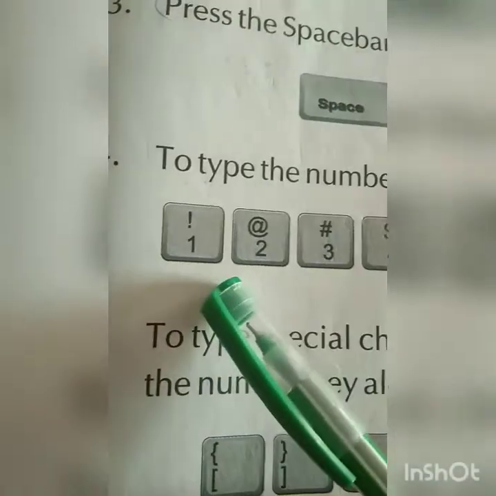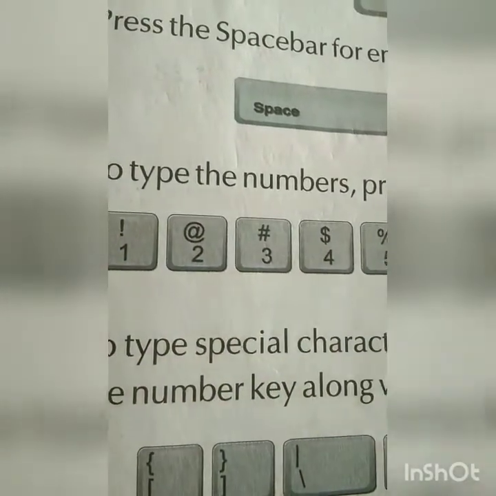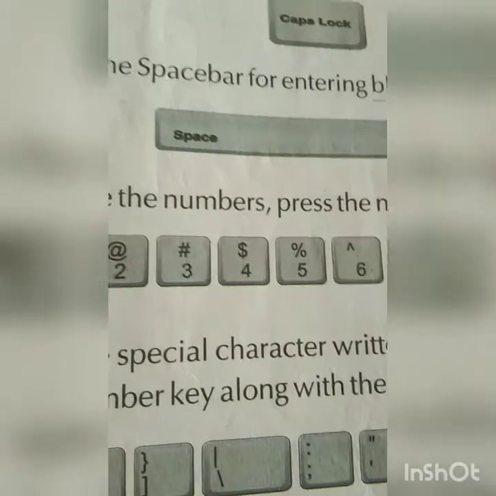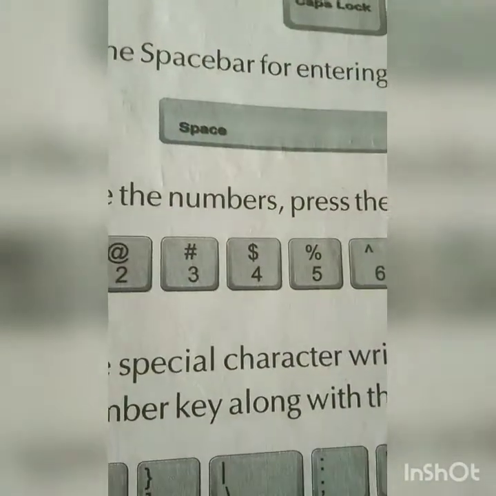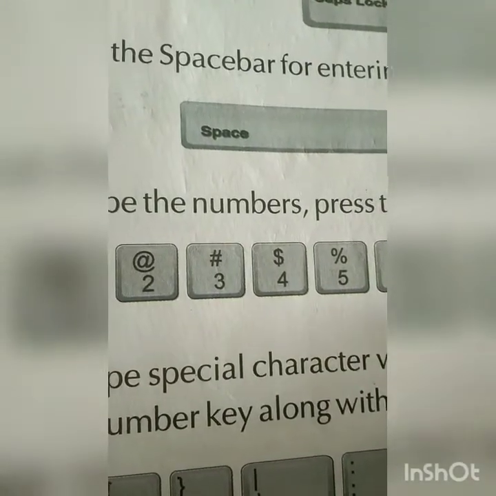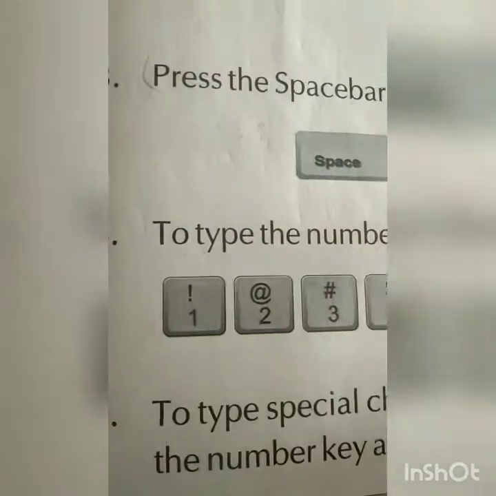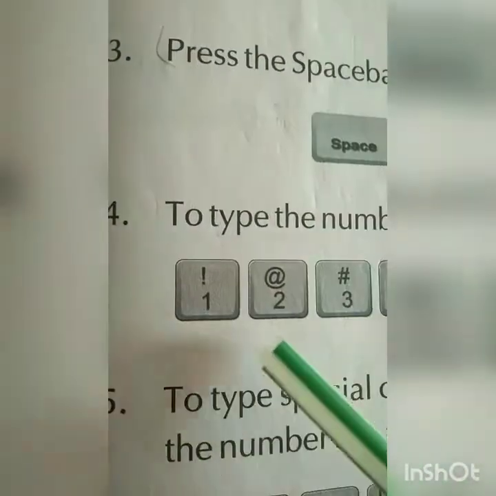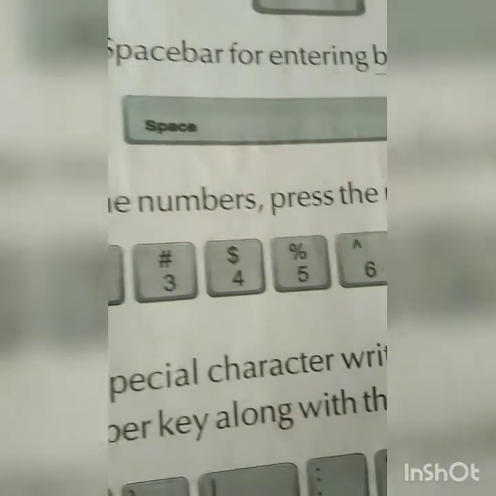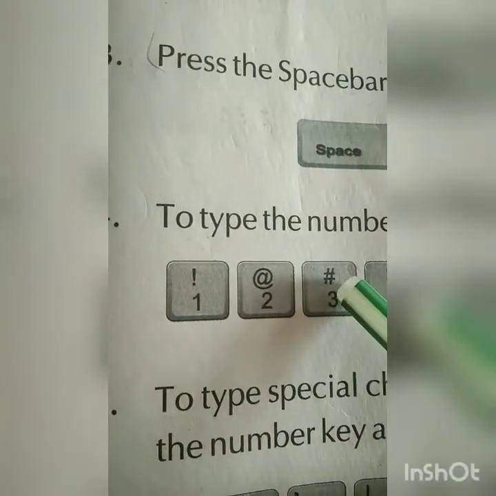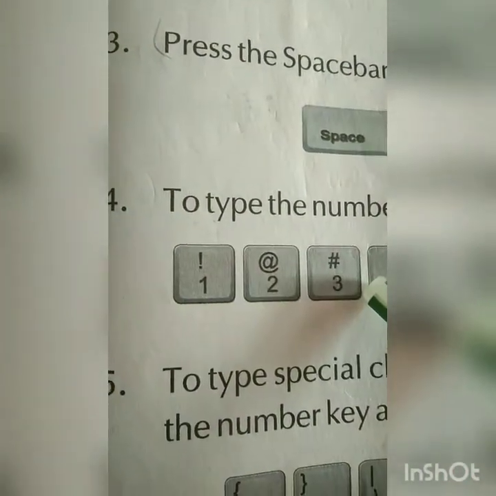And number 4, to type numbers, press the number keys. This way also it is given, and one side box is also given where only numbers are given, you can press from there also. But one thing keep in mind, your number lock should be on, then only you can press the number, otherwise number will not highlight. And second thing, a few symbols are also given, and numbers are also given, 1 to 0. So be alert about what you want to type, number or these symbols. That also you should keep in mind.